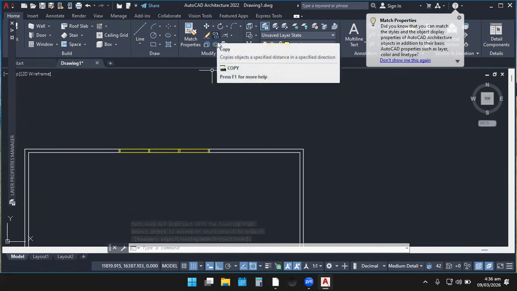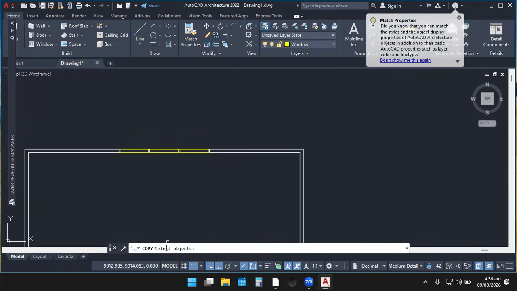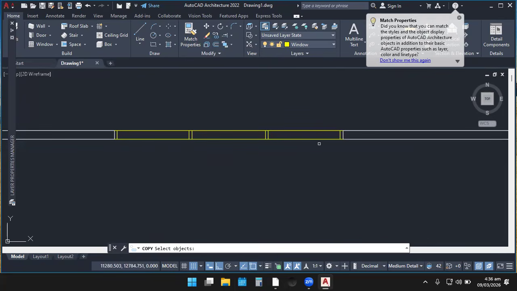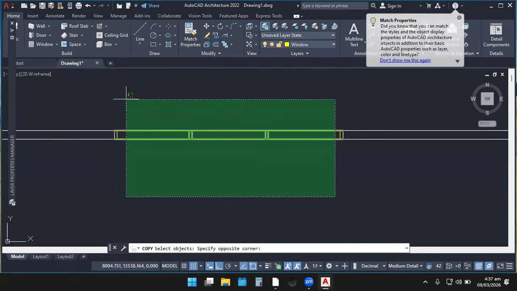If I want to copy this and put it somewhere, look at this, this is the copy command. Now when I click on copy, it's actually select object. If you don't know how to select this object, you may make a mistake. So I'm going to use green screen. Green screen is from right to left, then you go top. So I click on empty screen and I move to the left. When I move to the left, then I can now move upward, just to highlight just the window features alone.